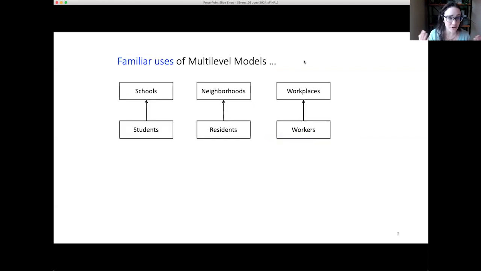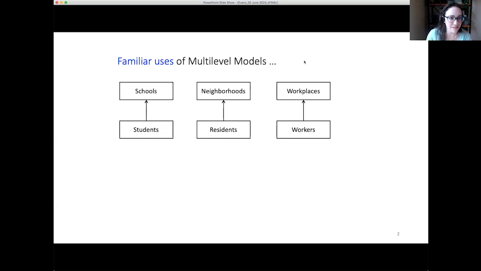So, to get us started, for those who are less familiar with multi-level modeling or those who just want to orient themselves, the basic idea here is we're going to be doing some statistical analysis. In multi-level models, back when I was a grad student and before that, the conventional use of these models was to allow us to handle the fact that sometimes in a large sample of data, some of our people, for instance, our students in our schools or residents in different neighborhoods, workers in different workplaces, will be clustered in some way. And that shared environment might be an important thing to think about.